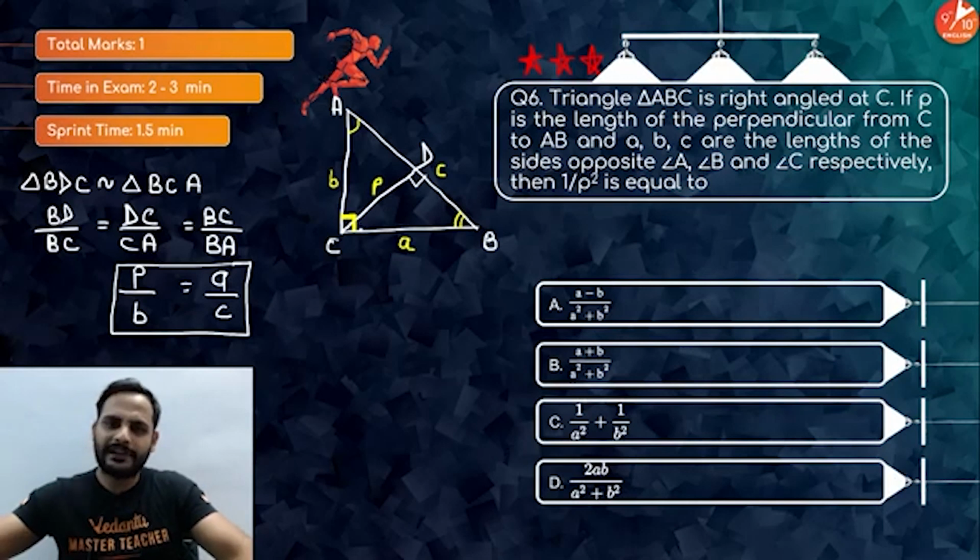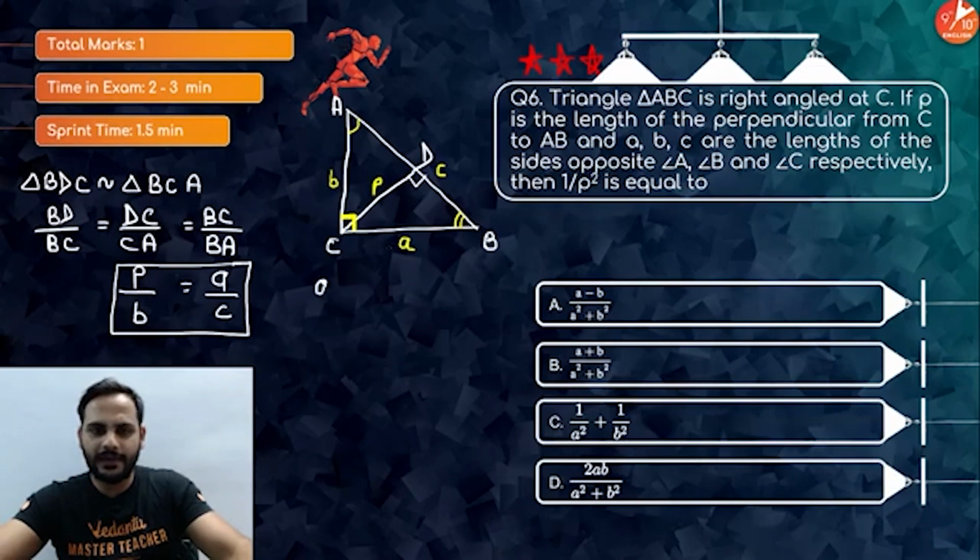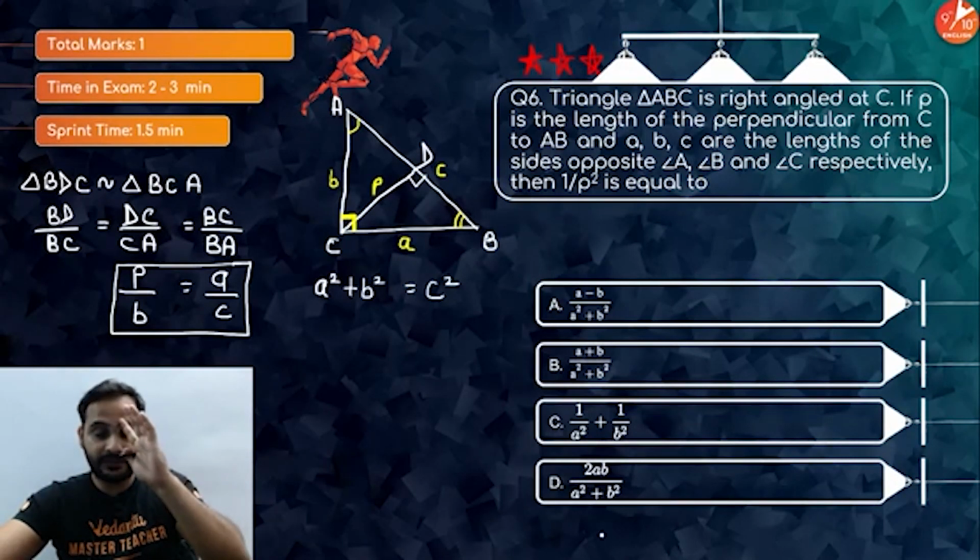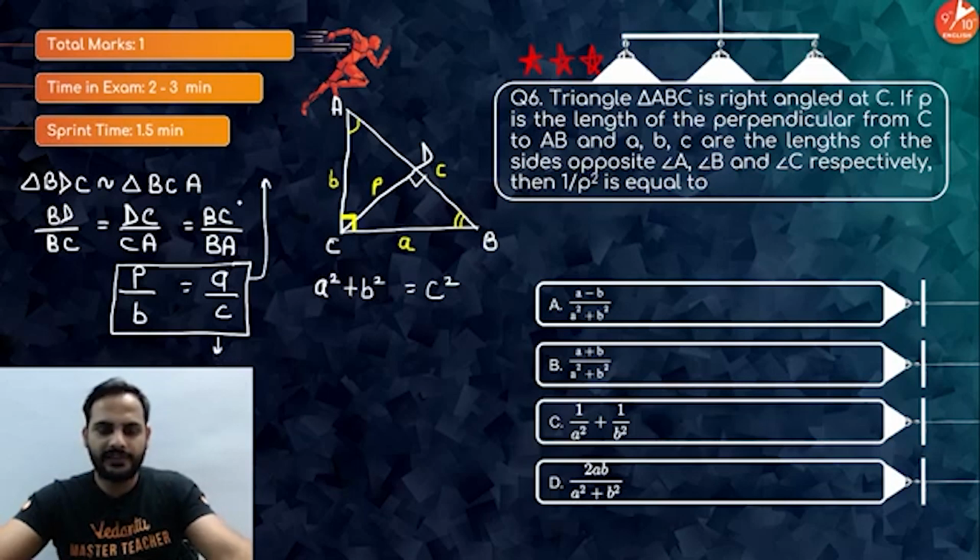So square, definitely one thing will come to my mind, Pythagoras theorem. I can say A square plus B square, hypotenuse is C square. Now you want all the options in terms of A and B only. Obviously, what we need to find out, beta, we need to replace this C. So from here, if I cross multiply, guys, C can be replaced as